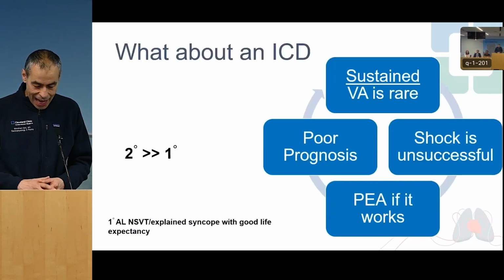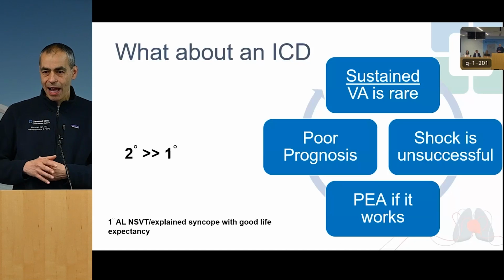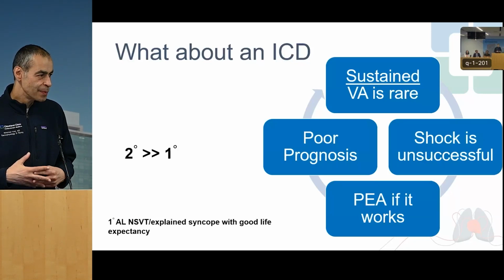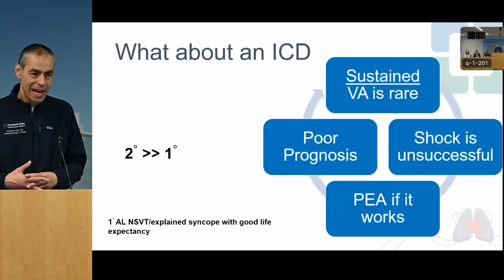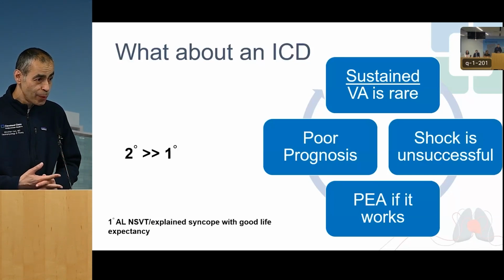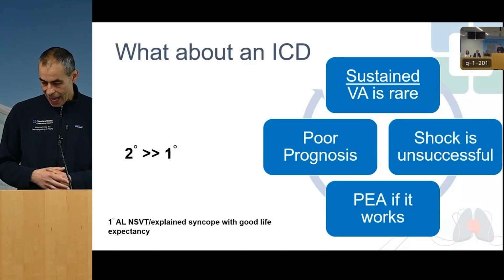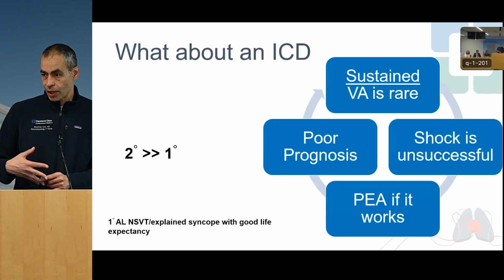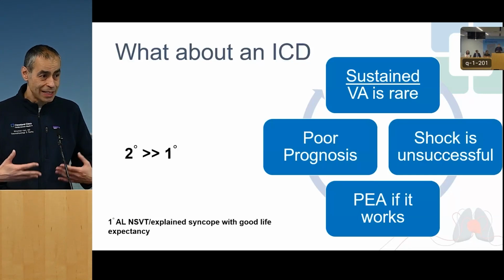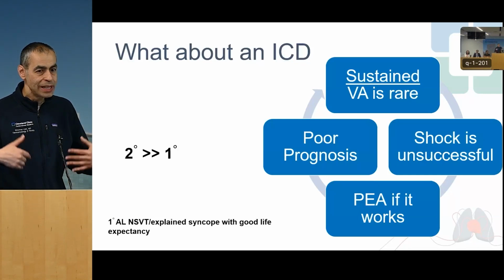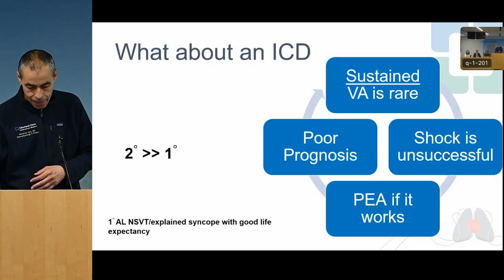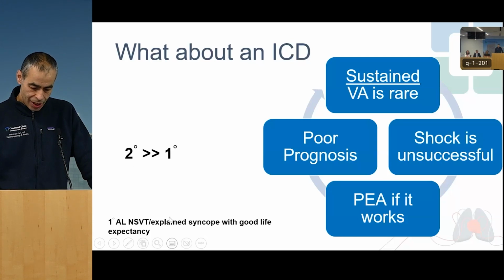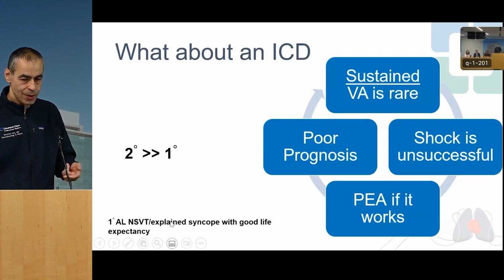So what about ICD? We don't have clear guidance about whether patients should be getting an ICD in this group, and the reason for that is because a lot of their ventricular arrhythmia is non-sustained. Usually they have poor prognosis, but we'll see if the drugs that we have now are going to change the prognosis of these individuals. A lot of times they get ventricular arrhythmia when they're very sick, and the shock is unsuccessful, and often when it is successful, they end up with PEA and they arrest. So we usually like to rely on ICDs for secondary prevention unless we're dealing with patients with AL amyloidosis and